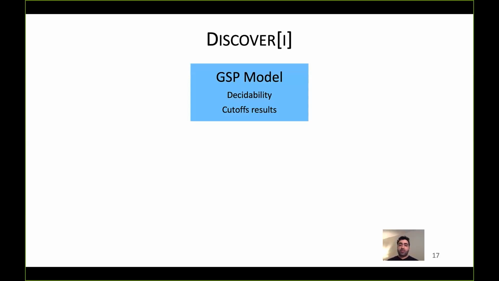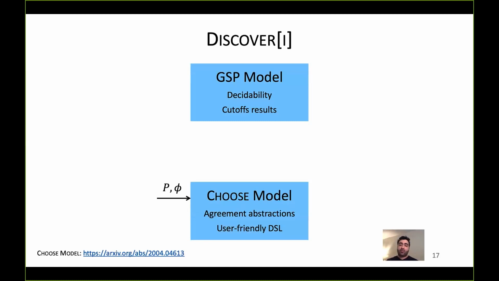And the GSP model, with its decidability and cutoff results, serves as the theoretical core for our project. So with this model at hand, we went ahead and developed another model called the Choose model, where we have a set of agreement abstractions. So we abstract protocols like leader elections and consensus, and we support a more user-friendly interface using a DSL and